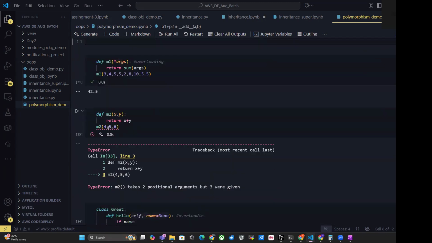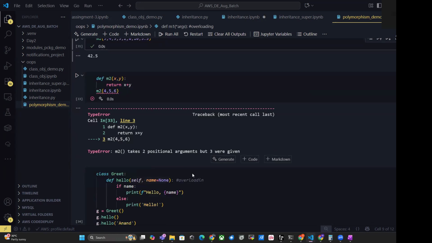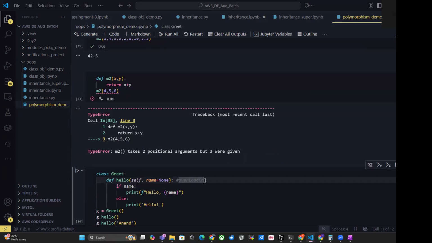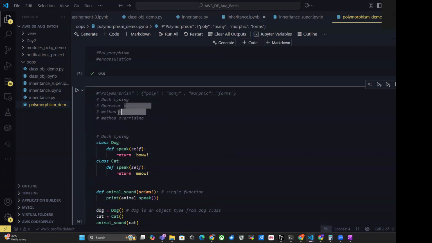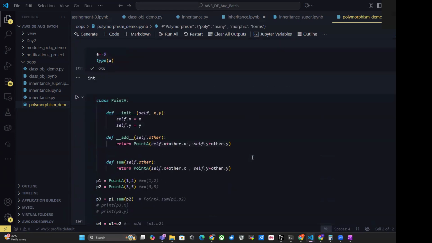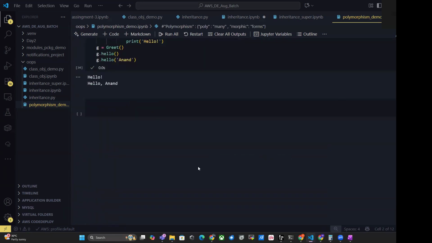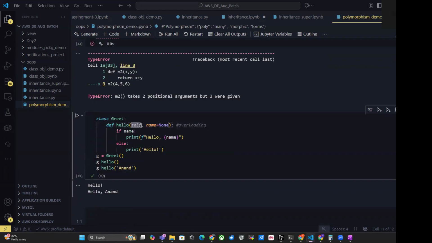So when you are playing with arguments, it is called overloading. You call it method overloading, because we are overloading the method. Whenever you are having